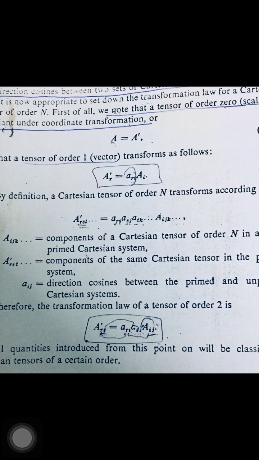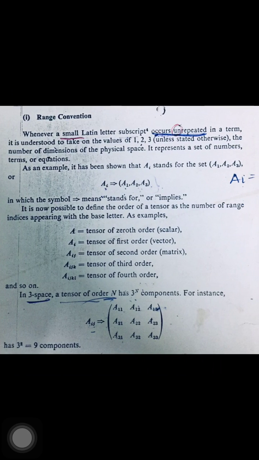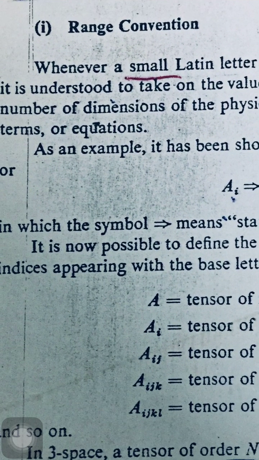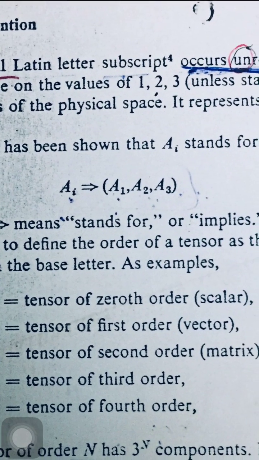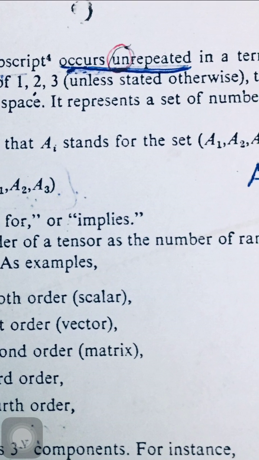Now here one more thing we have studied. The Cartesian tensor can be denoted by two conventions: the first is known as range convention, and the second is known as summation convention. So first we want to know the difference between range convention and summation convention. In the very first line we see that whenever a small Latin letter subscript occurs unrepeated in a term,